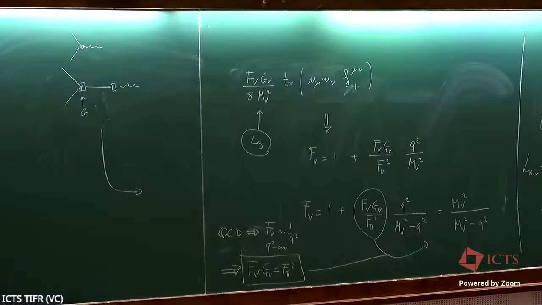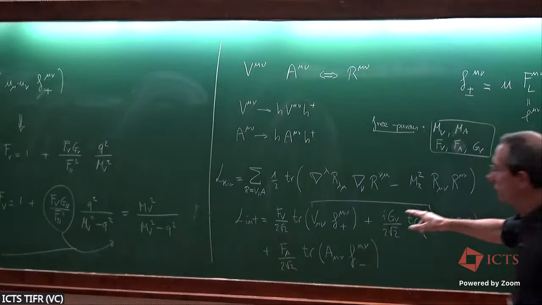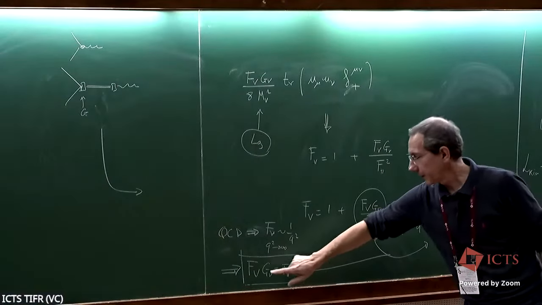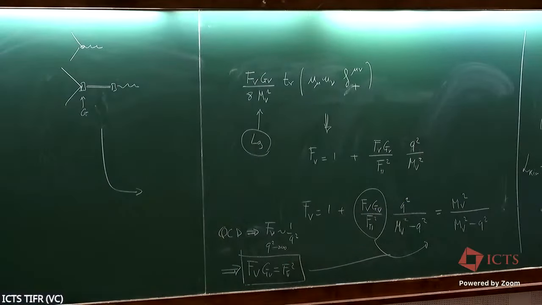And indeed, as a last thing to do before the break. Sorry, I'm getting a bit lost with my notes. So I told you there are 5 of these parameters. Basically there are 4 relations. So we find one nice relation: FV GV equal F pi. So then basically we can remove GV in favor of FV and F pi. Okay, and there are other relations of this type. One of the most interesting ones, which I want to show, is the one coming from